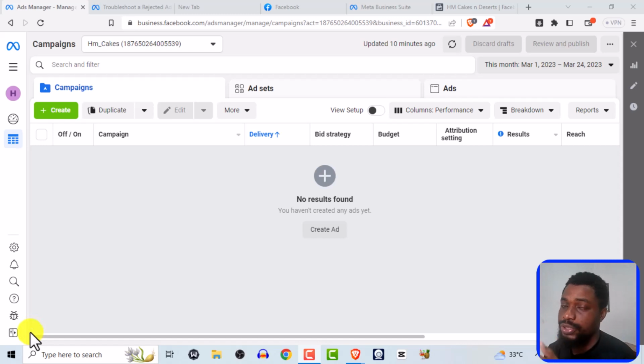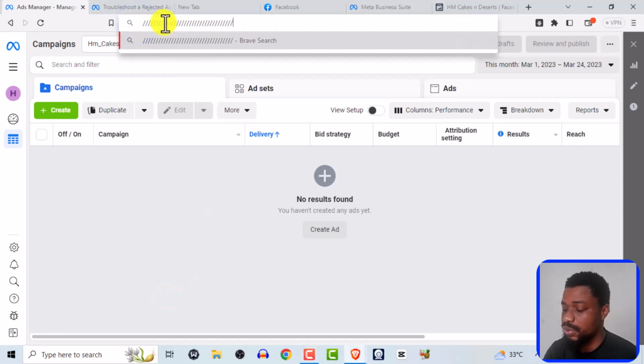So for you to create Facebook ads, there are some things that you need to do. And the first thing is that you need to have a Facebook business account. All right. You can actually do this from your Facebook mobile app, but I don't really advise that. No professional will advise you to create Facebook ads from your Facebook mobile app because it's just not designed for mobile interfaces. So you need to come to a computer and you need to come to